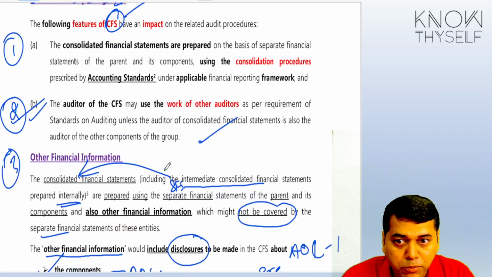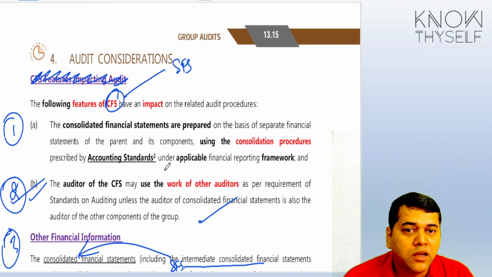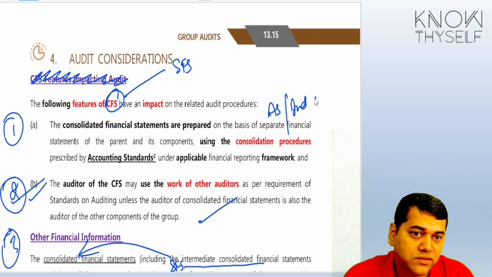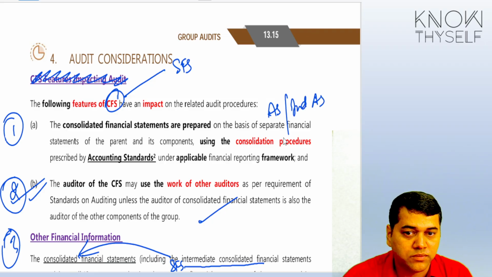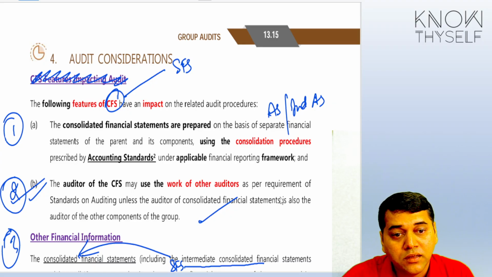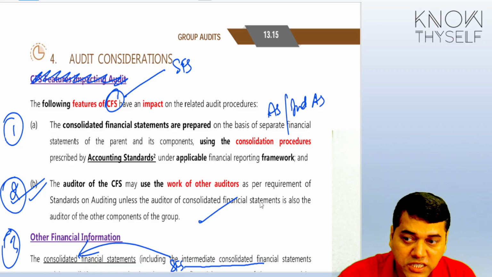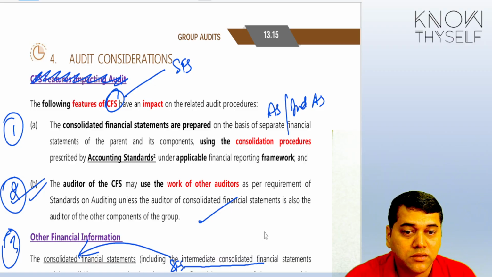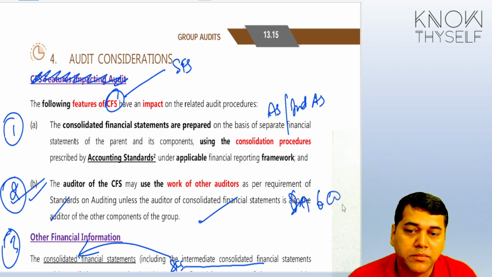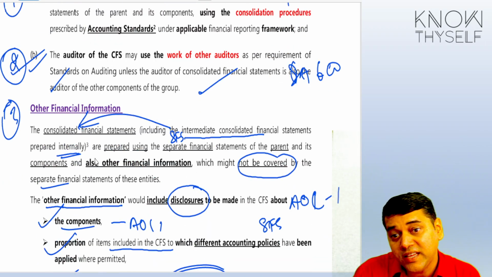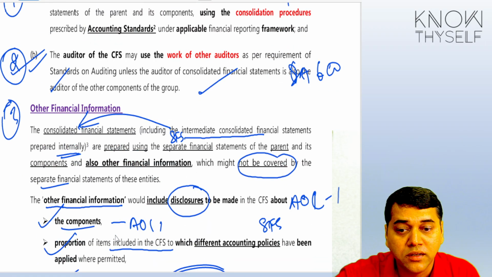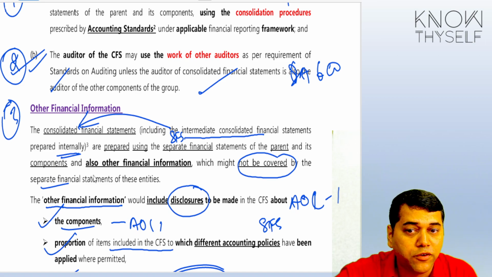So, if you have to list the points, what all points do we need to consider? The auditor has to consider as part of the basics while accepting. One, what is the framework, AS or Ind AS? Because this is going to impact your procedure. Second, am I the subsidiary's auditor or are there other people? If I am not the auditor, then I have to request the management to give them one more assignment to help me. This is what I need, and in that case, SA 600 becomes applicable. Third, I have to consider, is there any other information which I should be incorporating? I need to consider other information.